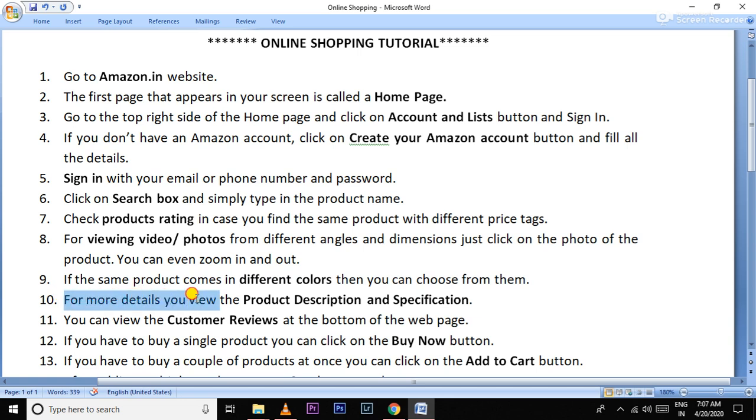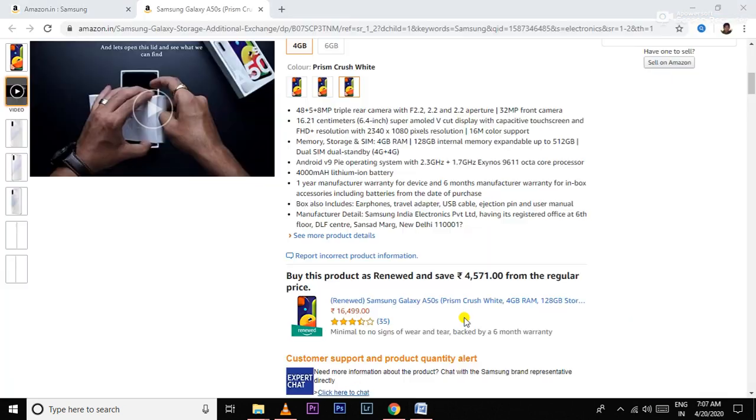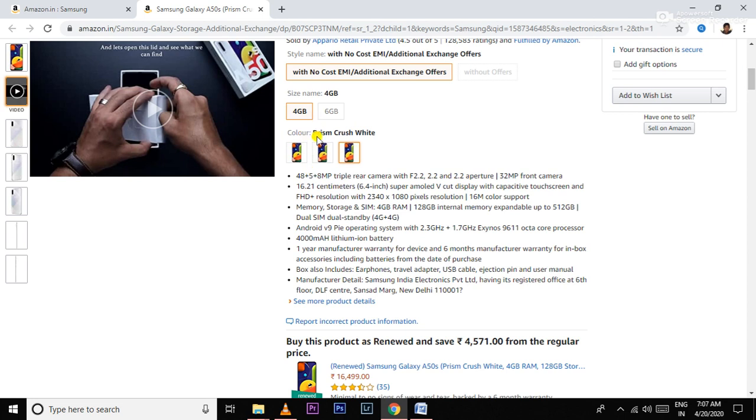For more details you can view the product description and specification, and you can view the customer reviews at the bottom of the web page. The product description and specification are already given here. As you can see, the number of megapixels, the weight, the memory storage, the battery power, and everything.